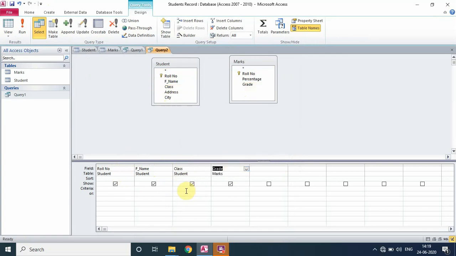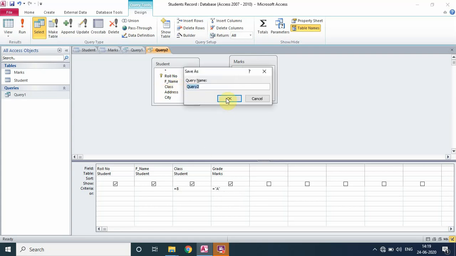Now here suppose I want the student should be of class 8. And I want all the records of the students of class 8. Since we have entered one for class 6, one for 7, but I want here in my query that the class should be equal to 8 only. And the grade should be, suppose I will be giving it as equal to A. Let's see how it works.